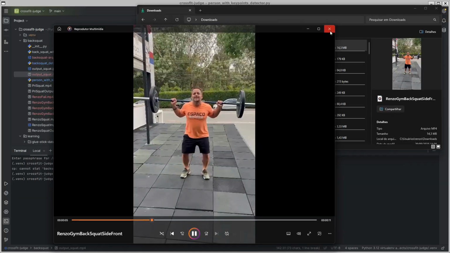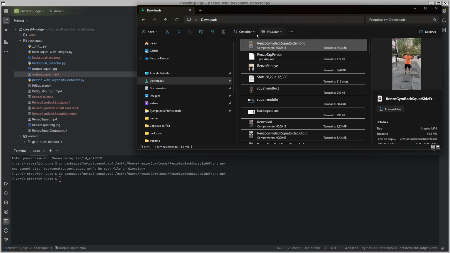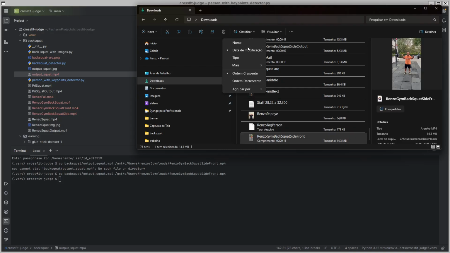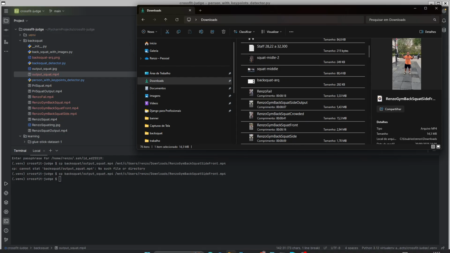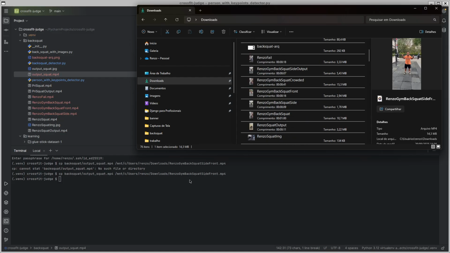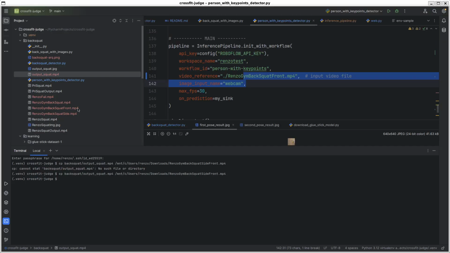Oh no, this is the side. It's not the right one. Let's classify by modification date. Oh, strange. What's the name? Jean back squat side front. It was this one. This output is not good.